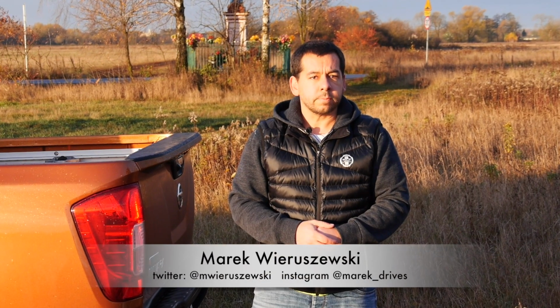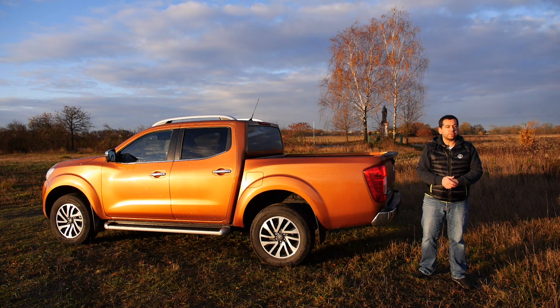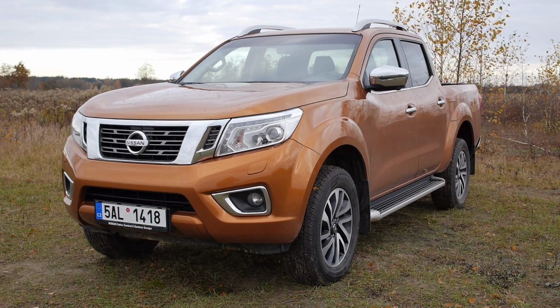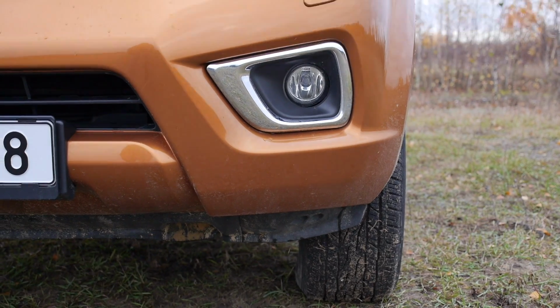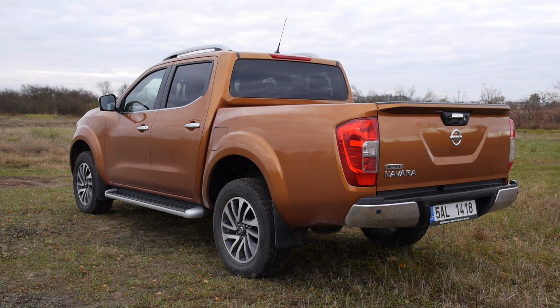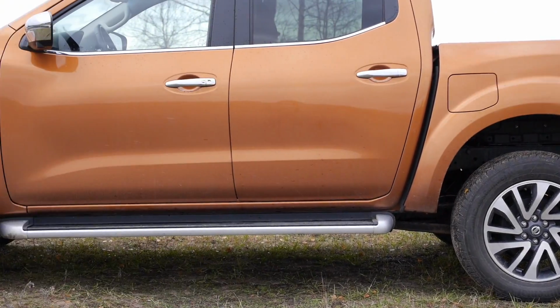Looking for a workhorse, or maybe a car to fit your active lifestyle? How about a Nissan NP300 Navara? This test car weighs just below 2 tons and can carry just above a tonne. It can also tow up to 3.5 tons, so I guess it will be useful on a construction site or in a gardening business. It also has proper four-wheel drive, so with good off-road tires, Navara should cope in the